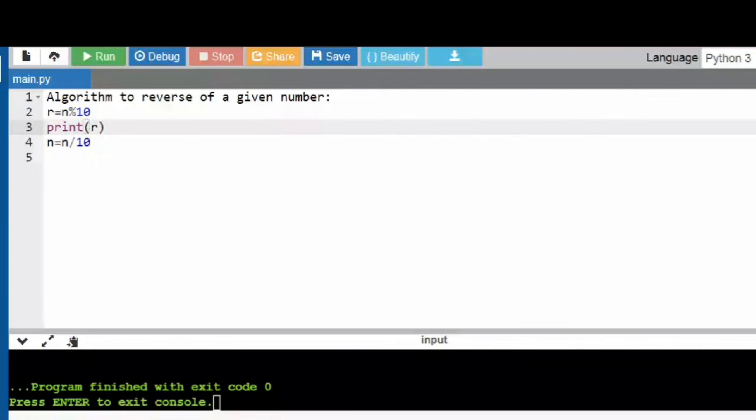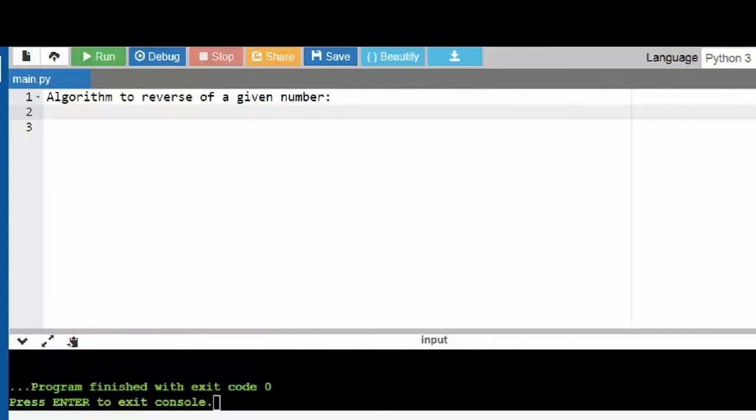When you say sum into 10, you are moving it from the units place one step higher to the tens place. Likewise, you will be moving it. This is the algorithm. Finally, what we need to do in this case is print the sum value.